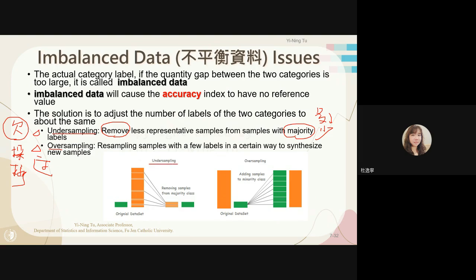So undersampling, we just pick some of the more class, the majority class, to make the two data sets the same. Is undersampling, right? 欠采样，多变少。